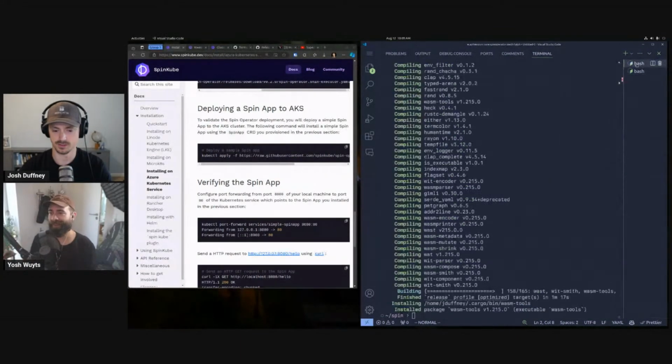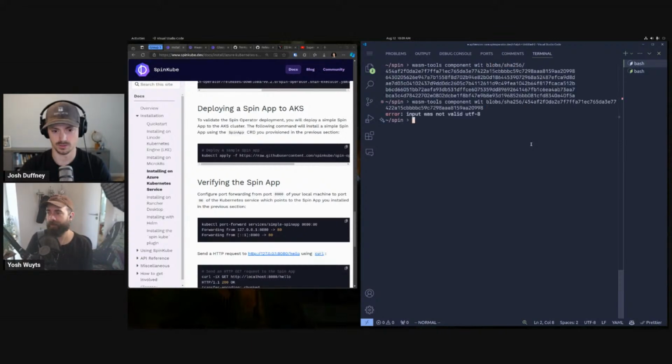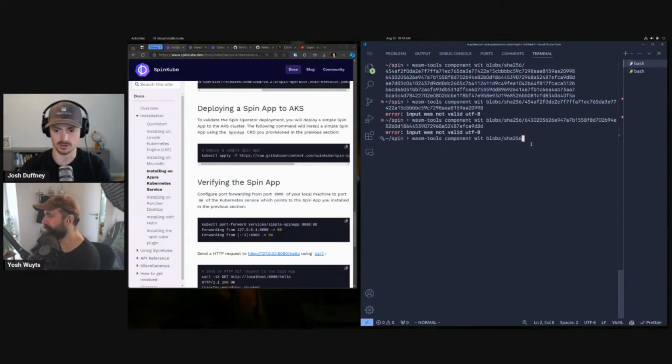Nice. Okay, so components done, and you said wasm-tools component wit, like that. Yeah, like that, and then the file. Yep, blob SHA. And I think it could be this one. What's not UTF-8? What is that file then? Let's try 6.4. Not UTF-8. B6